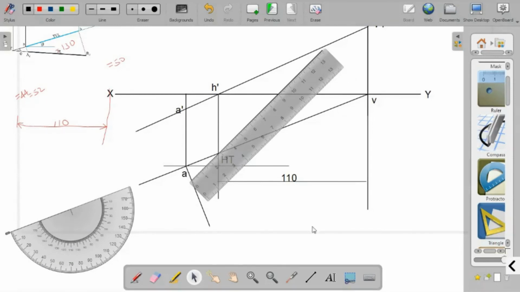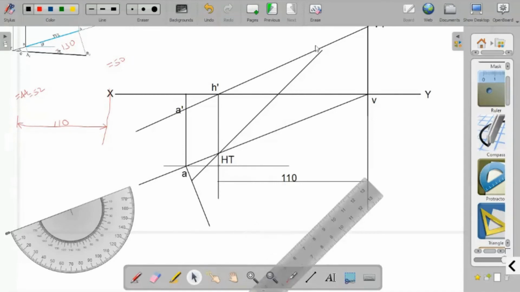So this is the point. Now from this point I have to draw a